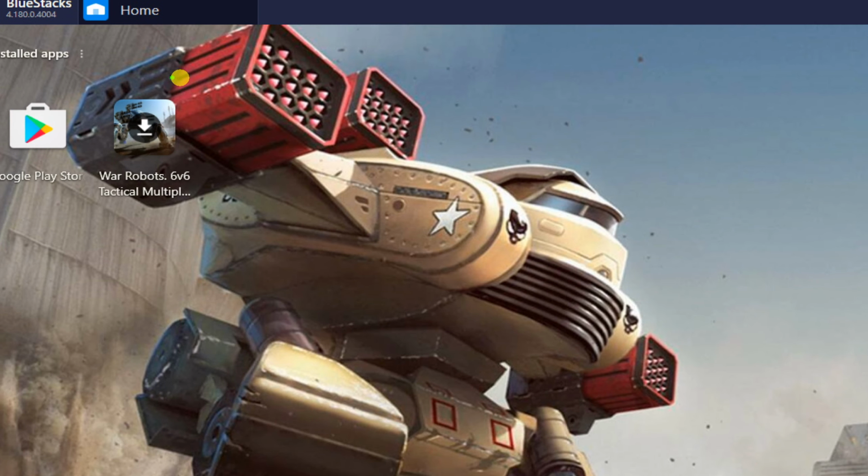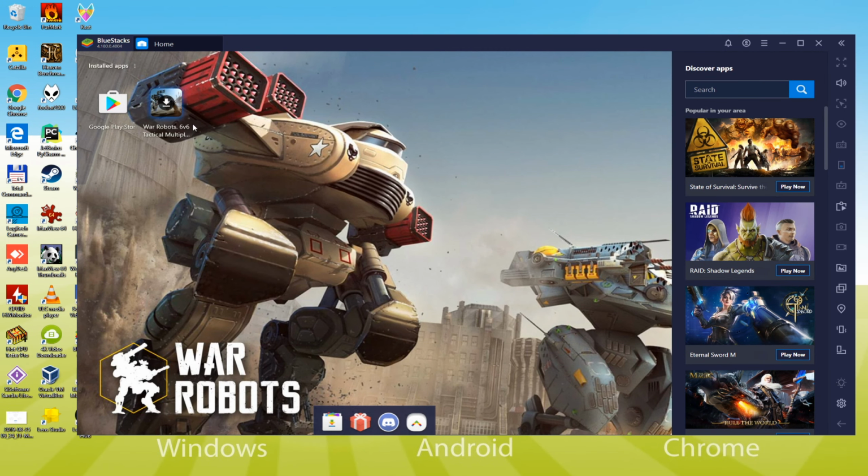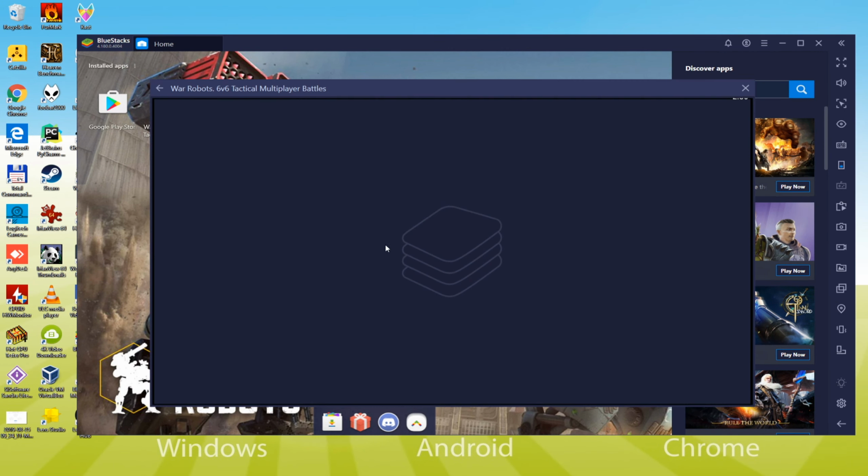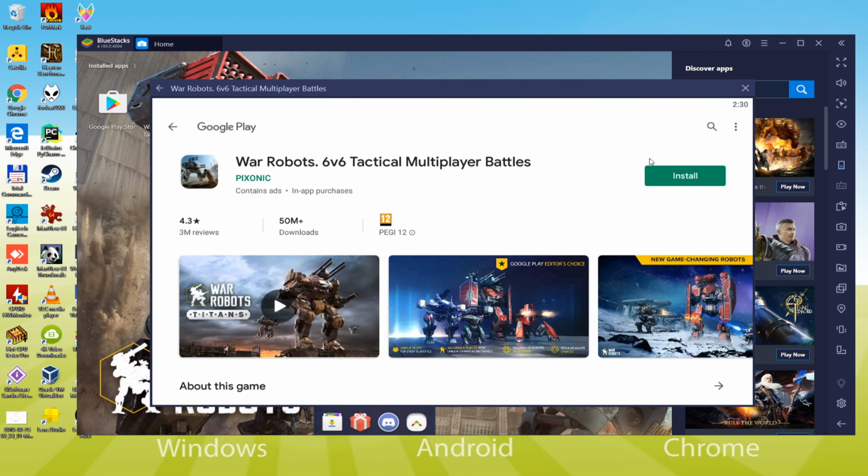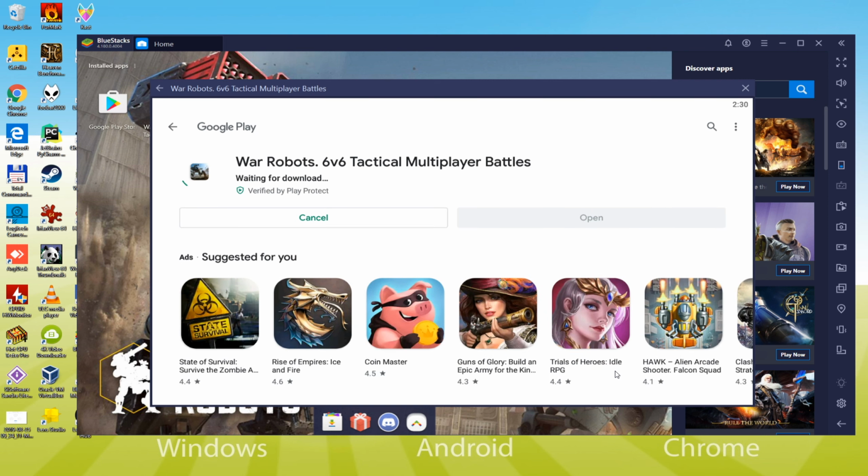It is time to actually install War Robots on PC so that we can enjoy this game on a big screen. We will check out Google Play and click Install. You know that there are a number of premium items that you have to buy in the game, and for that, you will need to select a payment mode in Google Play. For now, we would like to continue without customizing payment mode, and hence we'll hit Skip.